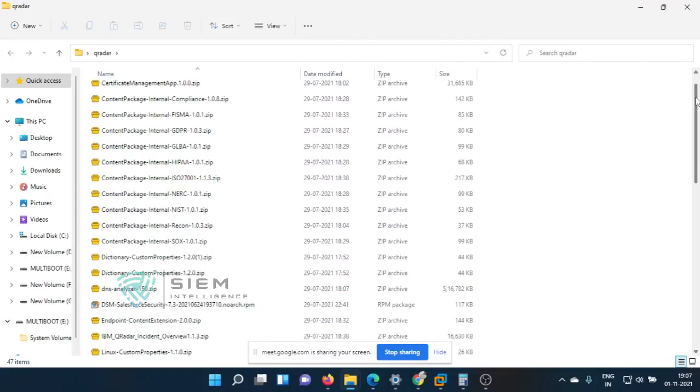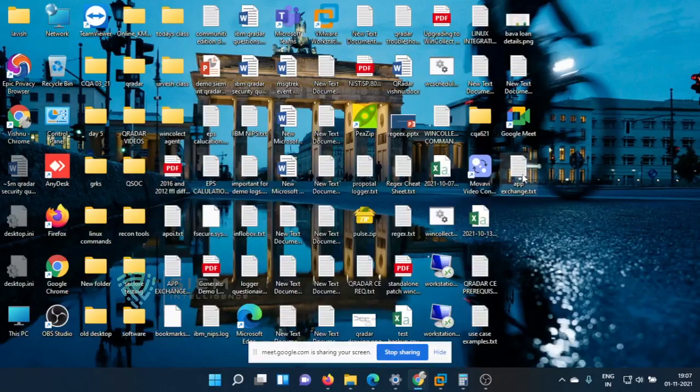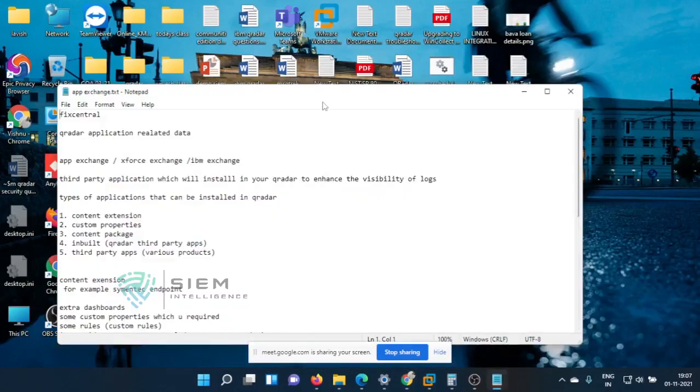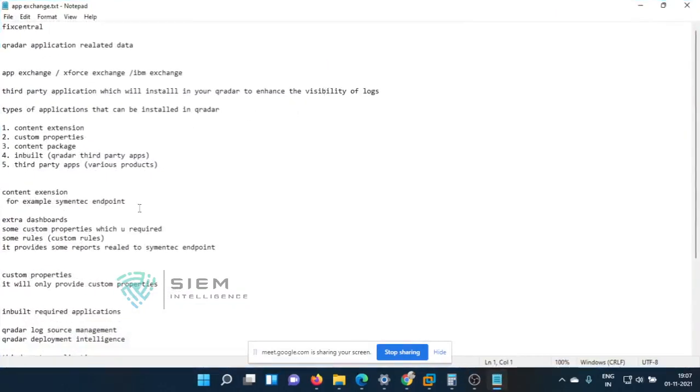One is content package, content extension, custom properties, and application. There are a total of 4, as we have seen that day. Lastly, the inbuilt QRadar apps.